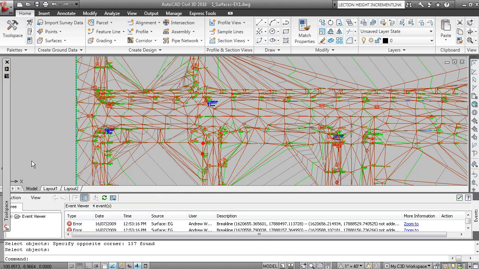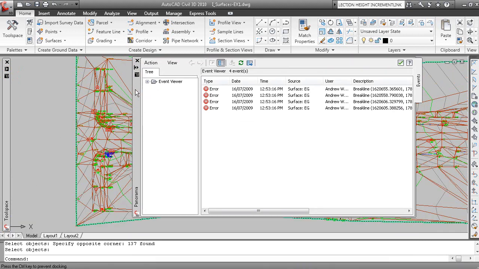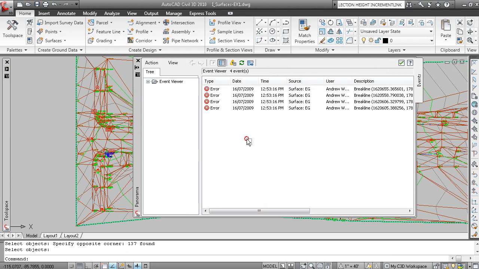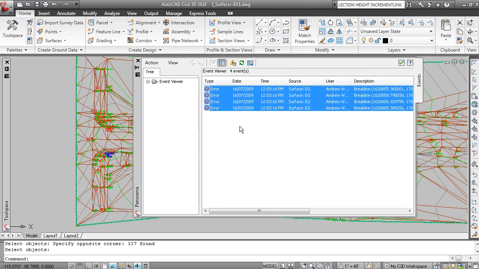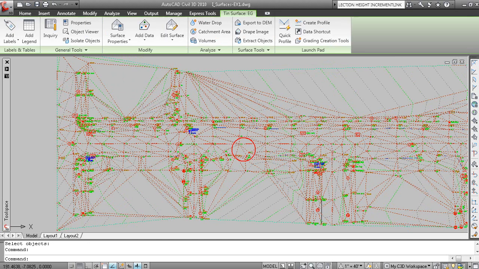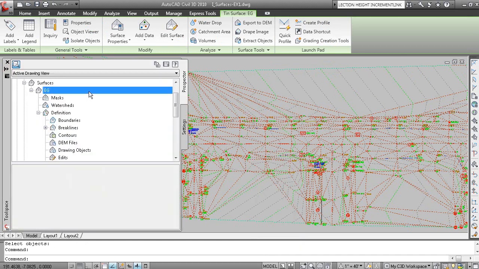And the Panorama window here displayed some processing errors, and these are indicating that the break lines were crossed. And obviously when triangulation lines are forced along a break line and triangulation lines cannot cross each other, there is a conflict there. So from Panorama, as always, we'll clear the events, and we can resolve these crossing break lines by modifying the properties of the surface, either here with the right-click menu or from tool space,